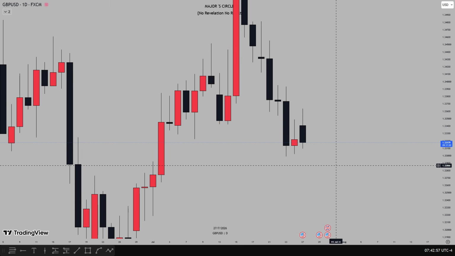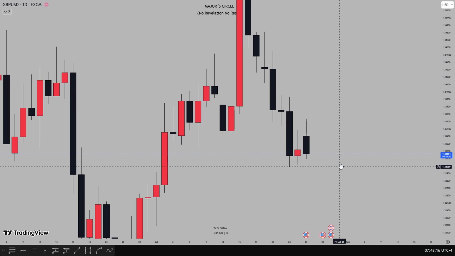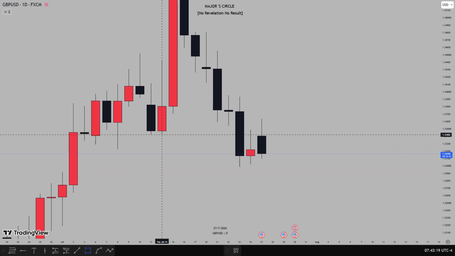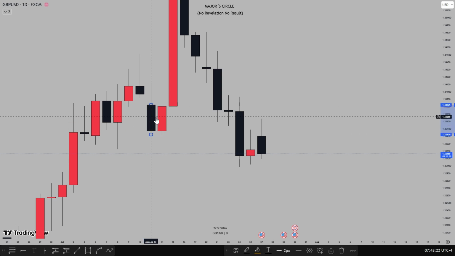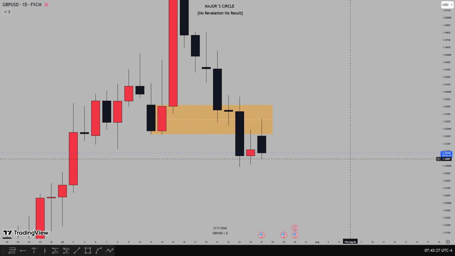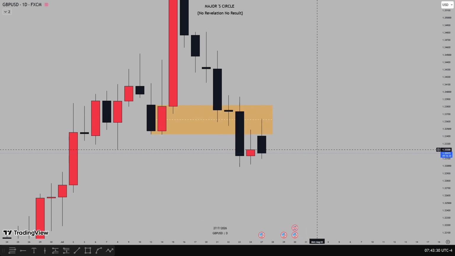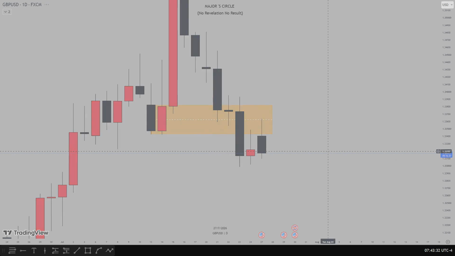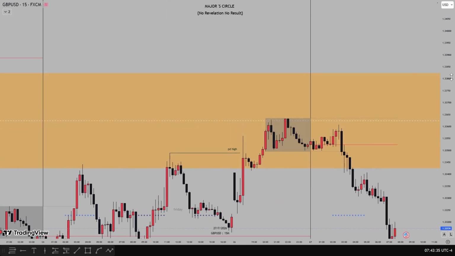I just want to bring to your attention that what we had done earlier in the pre-market analysis session has actually started unfolding very beautifully. If you're keen, you would have been able to catch a very beautiful move on the pound during this London trading session. If you can recall, I had this zone for a bearish breaker block, and price has now traded into the zone. Going down to the 15-minute time frame,